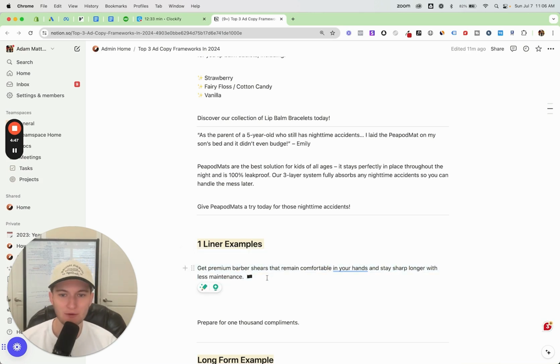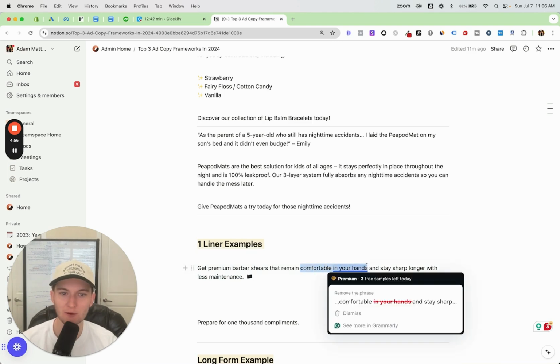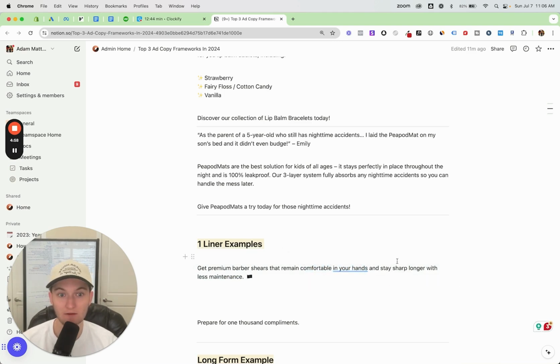This one here: get premium barber shears that remain comfortable in your hands and stay sharper longer with less maintenance. So it's very punchy, to the point. This one is basically comfortable in your hands. So that's one benefit. And then also stay sharper longer with less maintenance. So basically benefit without really a pain point. And this one here,